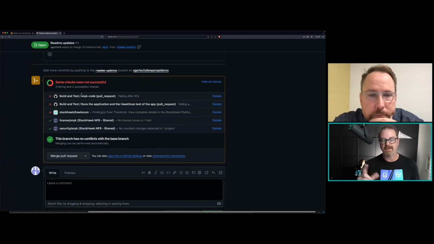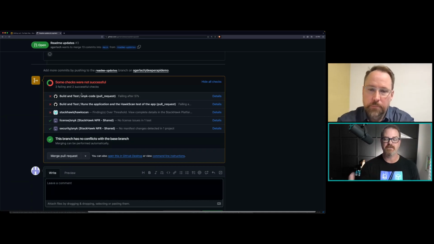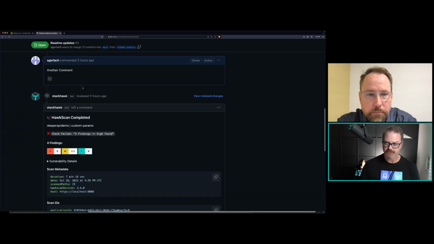We could make that pass if we wanted to, but you also see it below the HawkScan test. The Snyk licenses check did not fail, and the Snyk security check, which is the open source version of this, also did not fail because the manifest didn't change. I've also got this integrated into Snyk code. So if we go look at